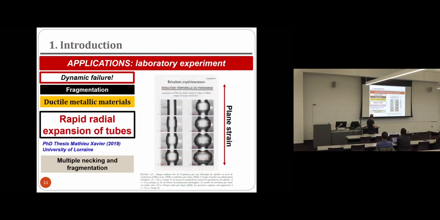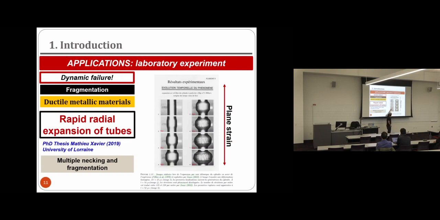Another example, in this case instead of using rings, using thin wall tubes, is this experiment that I took from the PhD thesis of Mathieu Xavier from the Commissariat à l'Énergie Atomique in France, where instead of having a 1D problem, we have a 2D problem. So this is not a ring, it is a thin wall tube. The tube is subjected to internal explosive loading. You can see here how right after the explosion, the tube starts to expand, right? And then eventually we have the formation of multiple, in this case instead of necks, necking bands, one after the other.